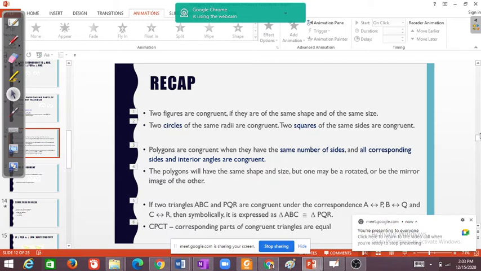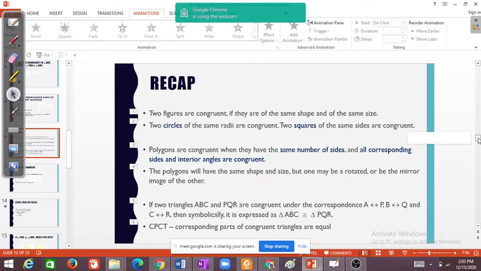So if you take the vertices, then the corresponding we denote it like if you take two triangles, triangle ABC and triangle PQR. So there we represent their vertices are corresponding. We will represent like A corresponds to P, and we use this double-sided arrow, B to Q and C to R, and also we will write triangle ABC congruent to triangle PQR. Do you still remember the notations? Yes, ma'am.